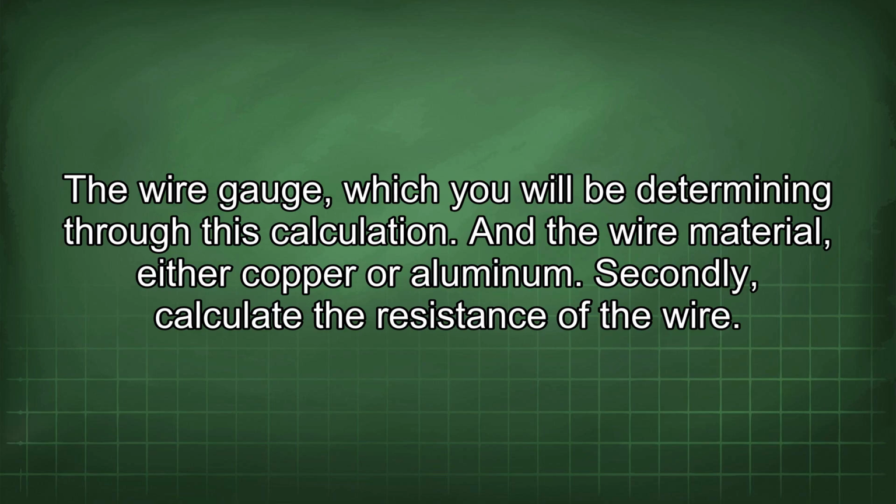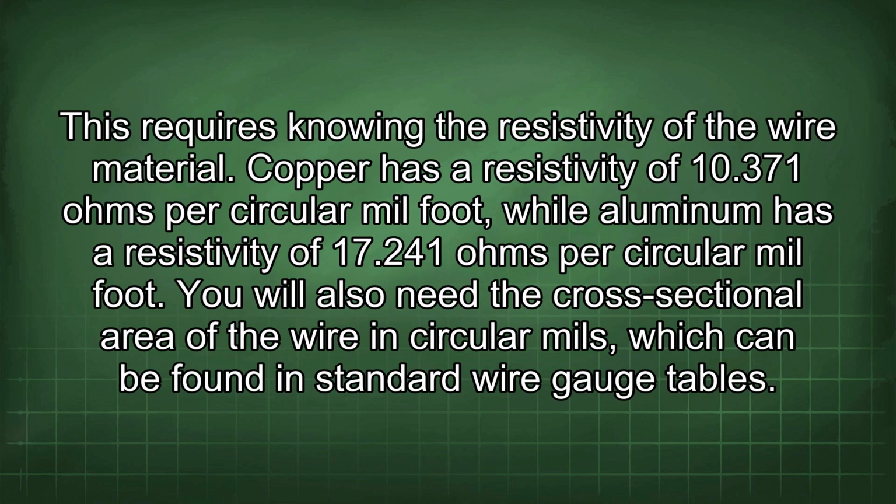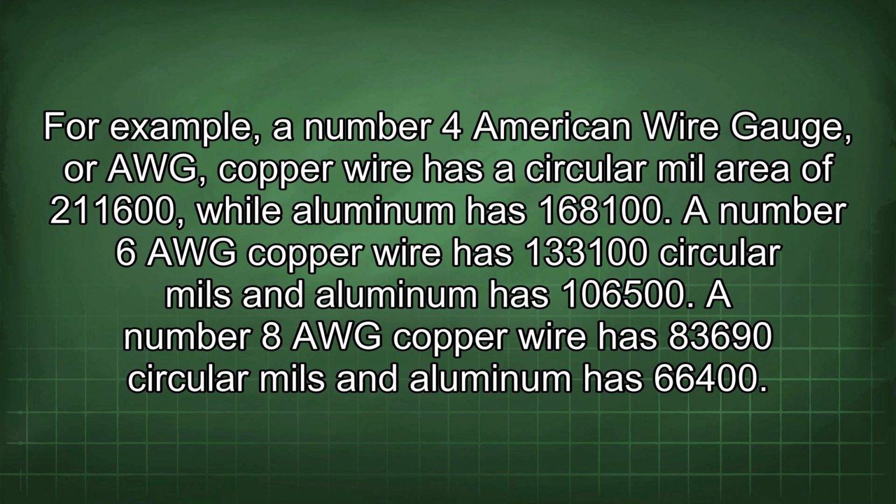Secondly, calculate the resistance of the wire. This requires knowing the resistivity of the wire material. Copper has a resistivity of 10.371 ohms per circular mil foot, while aluminum has a resistivity of 17.241 ohms per circular mil foot. You will also need the cross-sectional area of the wire in circular mils, which can be found in standard wire gauge tables. For example, a number 4 American wire gauge, or AWG, copper wire has a circular mil area of 211,600, while aluminum has